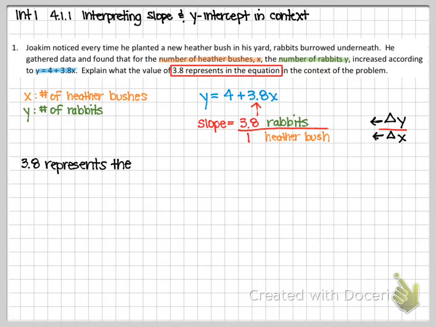So we need to use a word that identifies this as a rate. It's either an increase or a decrease. Well, if you take a look at this, 3.8 is positive. So I think that this is an increase. So this represents the increase of, well, the y value on top, increase of rabbits,